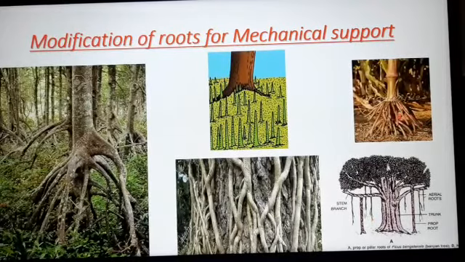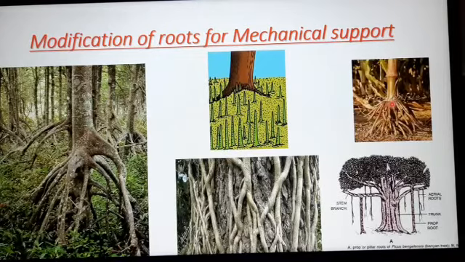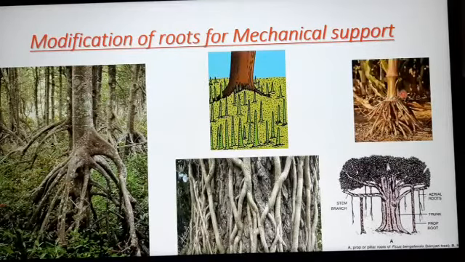Now we are going to discuss stilt root, and it is also given in your NCERT book. Actually, student, for better support, some plants develop a small cluster of aerial roots from the lower node of the plant near the base. You see the sugarcane. सुगरकेन में आपने देखा है कि नोड पार्ट से रूट प्रोड्यूस हो जाती है. And above the soil, so we call it aerial root. Okay, this is produced for better support.